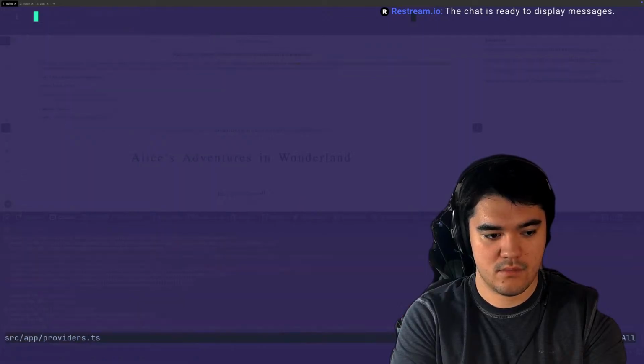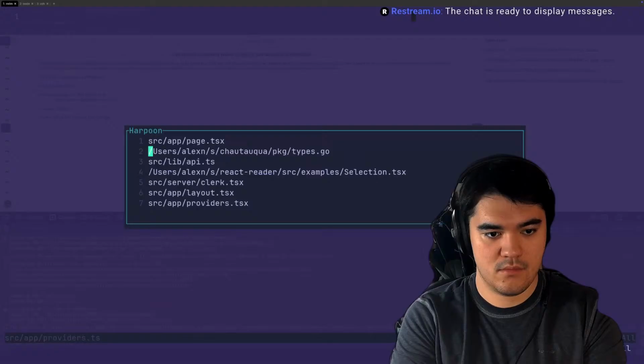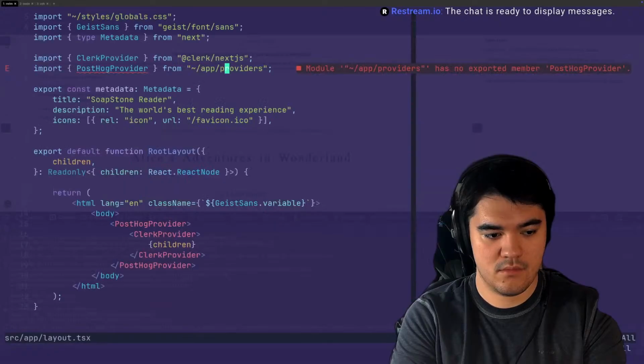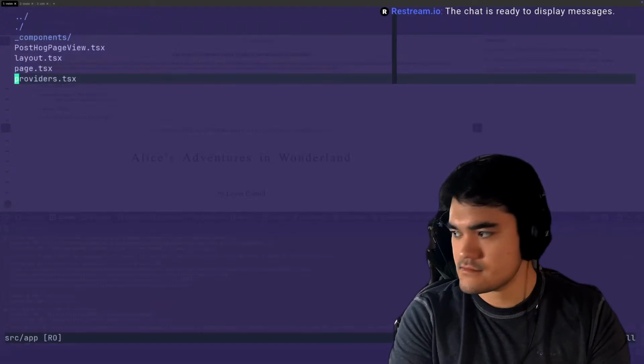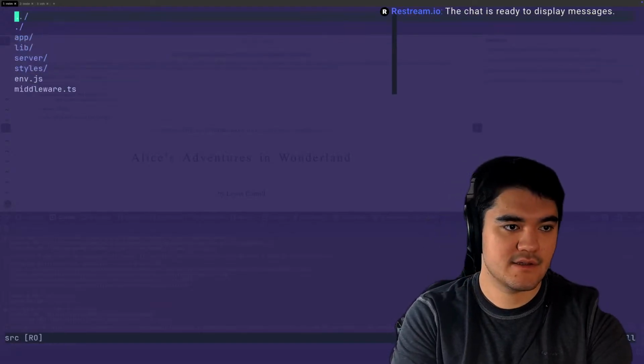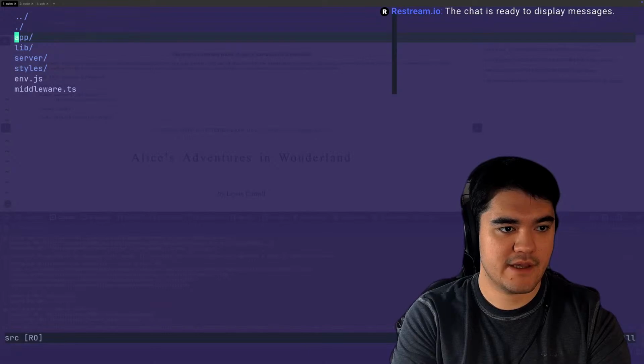Yeah, something's going on with the Next layout aliasing that is making that freak out.